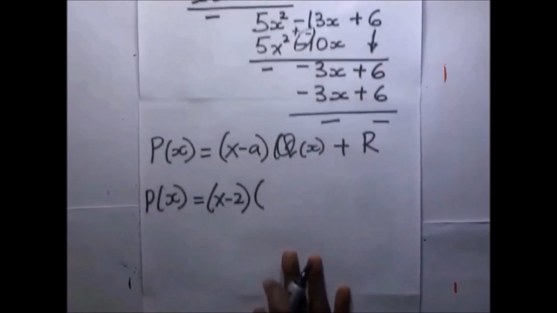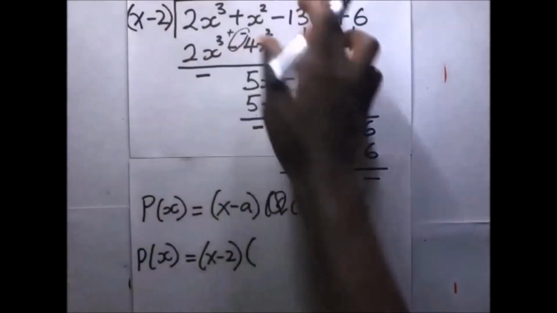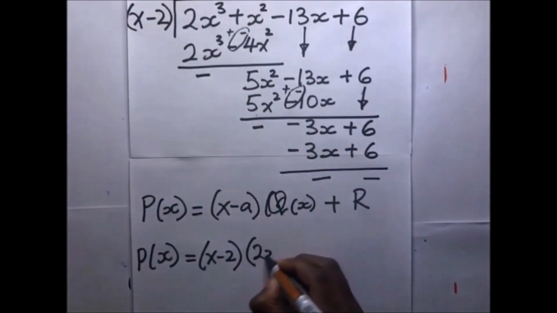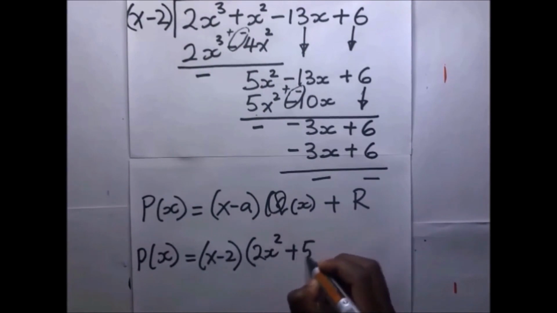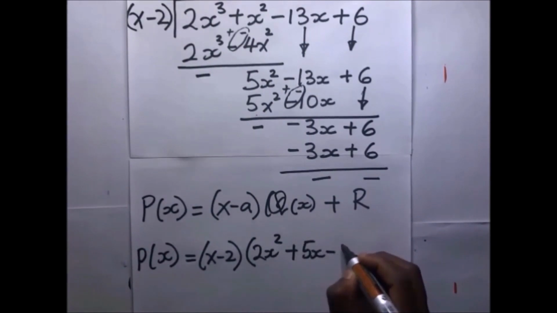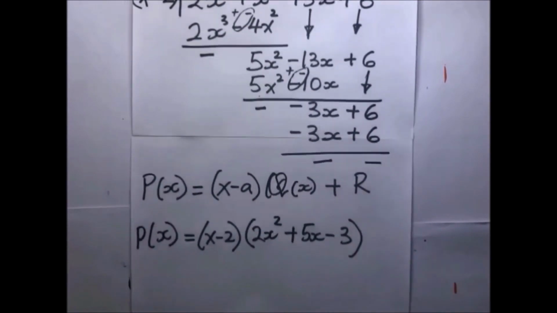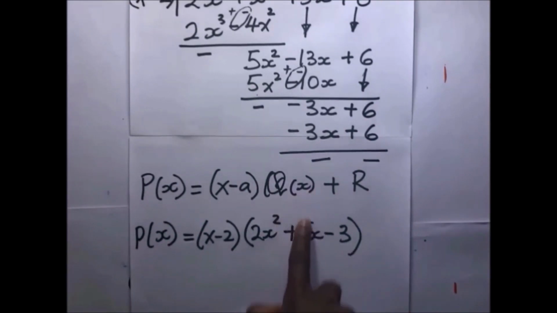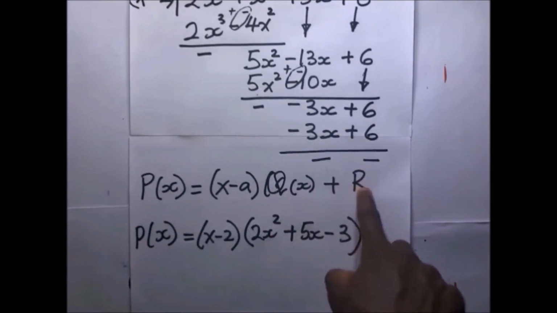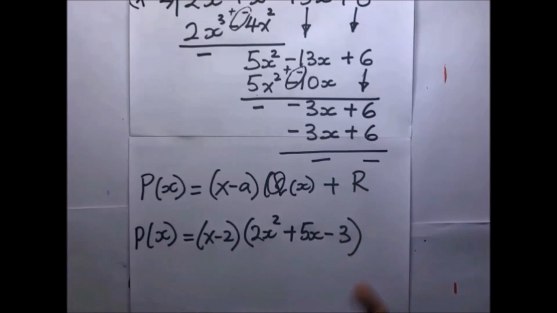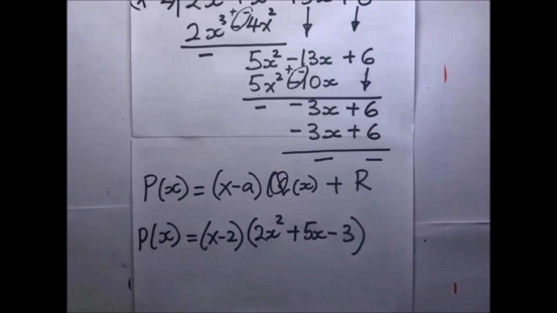Multiply that by the quotient, which is 2x squared plus 5x minus 3. Now the remainder is 0 plus r. Our r is 0 because these are factors, so even if we don't include it. So to get other factors, we simply need to